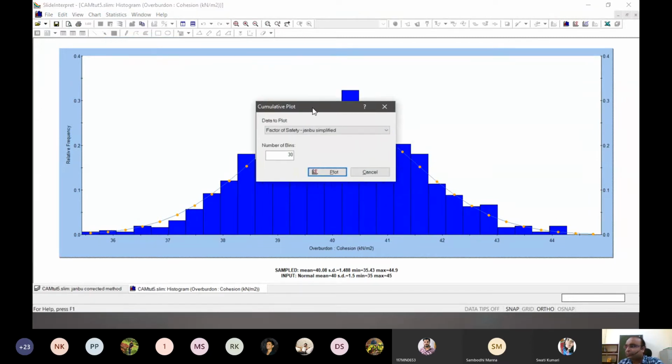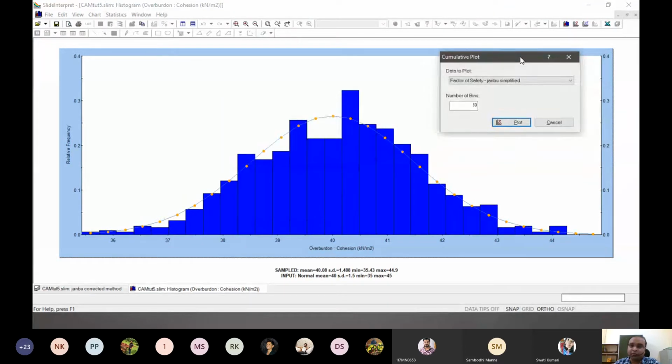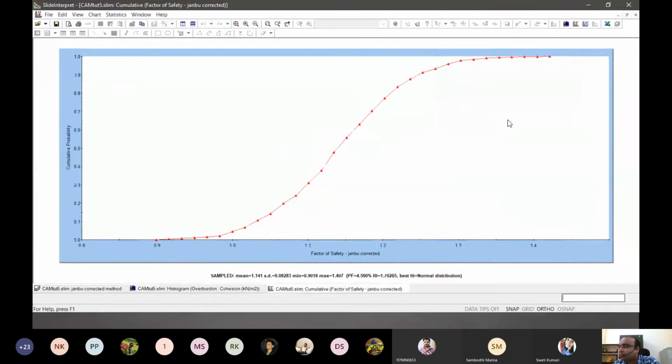So let's try that. In cumulative distribution, if we remember properly, it basically starts totaling all the frequencies, and it gives a curve something on the lines of this. So basically it will reach a probability of 1 finally. So cumulatively it will reach there. And with respect to factor of safety and probability, this curve gives an idea of how each of them is related.